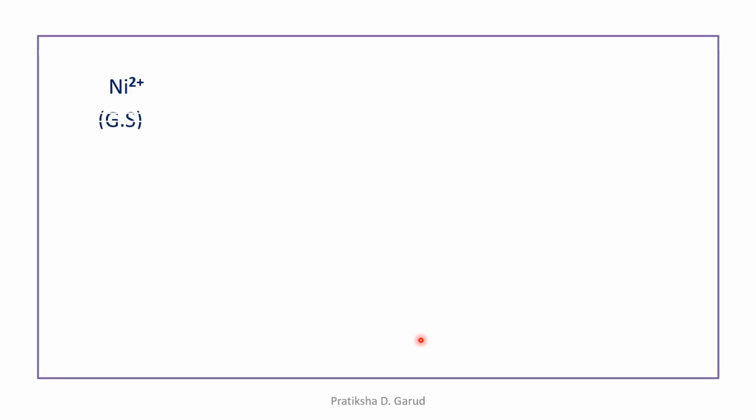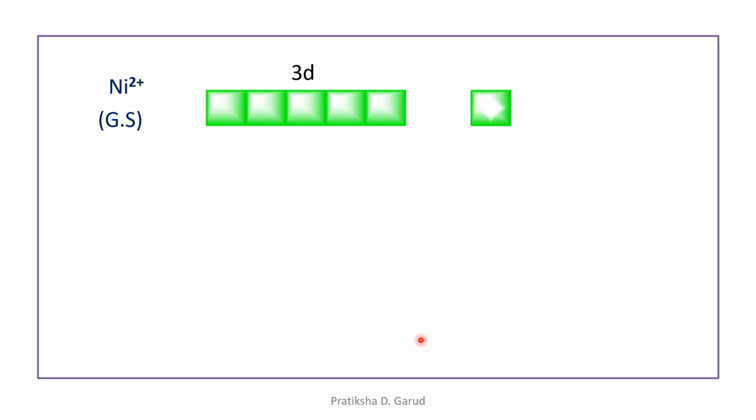So we are having the Ni2+ in the ground state, for which first of all we are having the atomic orbitals. First one is the 3d atomic orbital, second one is the 4s atomic orbital, and the third one is the 4p atomic orbital. Again, there are first electron, second electron, third electron, fourth electron, and the fifth electron. They are first of all unpaired electrons. Then the 6th electron will be paired, 7th will be paired, and the 8th will be paired, which suggests the 3d8 electronic configuration.